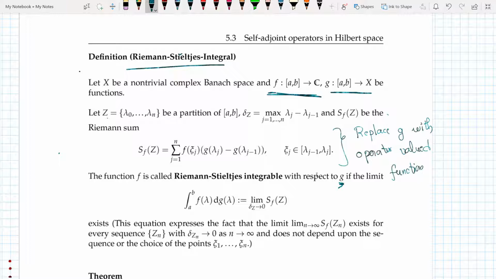Now let Z be a partition of [a, b] where delta Z is equal to the max of these values, and let S(f, Z) be the Riemann sum. So what is the Riemann sum? Essentially, you have a function evaluated at a point. This is basically the picture, a nice little picture of what we are talking about. We are basically taking these rectangles and adding all of them up, but it's a very naive way to